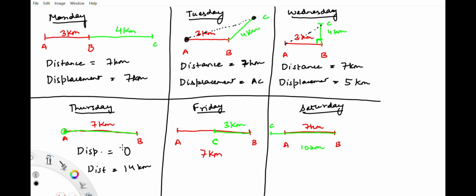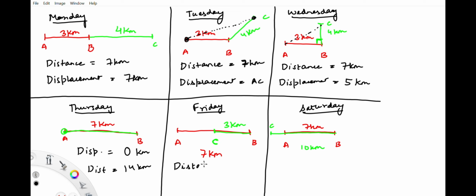Why? Because the initial point of that person, the point from where that person actually started, it coincides with the final position of the person, right? There is no path length between the initial and the final point. The initial point and the final point are coinciding. This makes me come to a conclusion that the displacement has to be 0 kilometer.